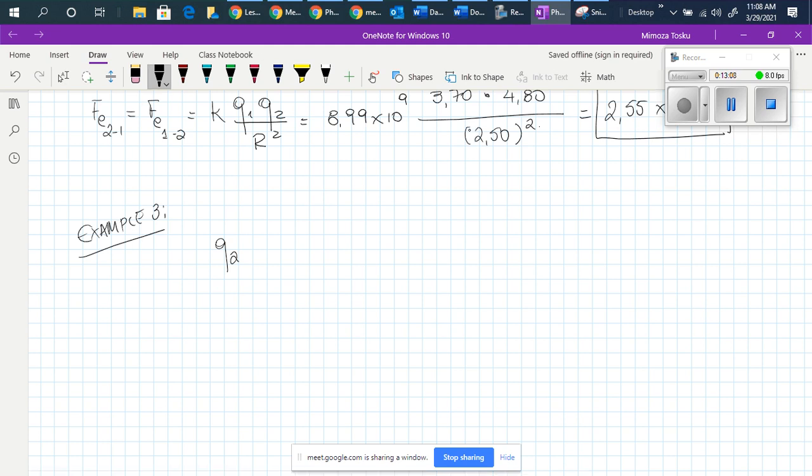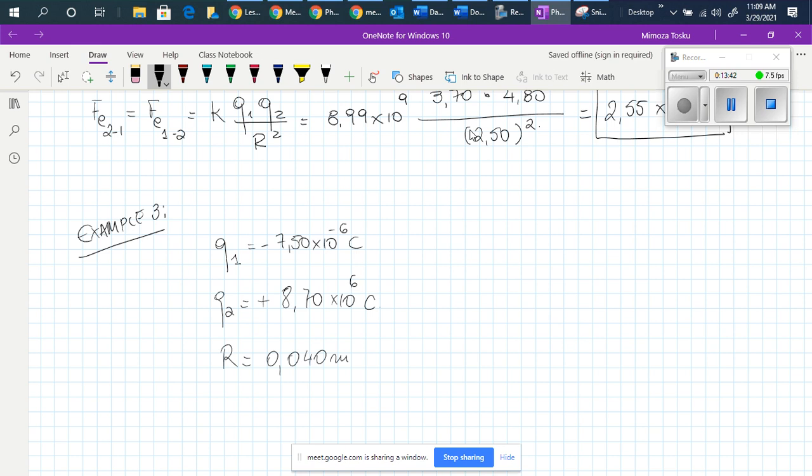Charge 1 has a magnitude of negative 7.50 times 10 to the power of negative 6 coulombs, and charge 2 is positive 8.70 times 10 to the power of negative 6 coulombs, and they are apart from each other at a distance of